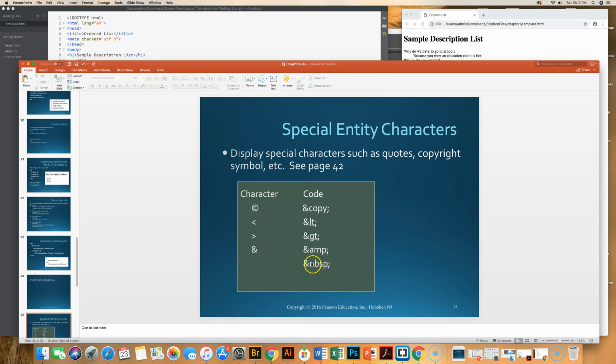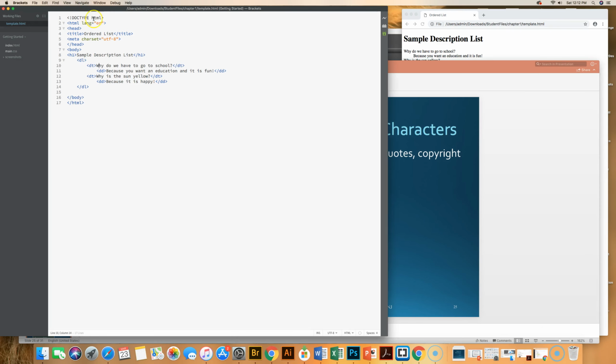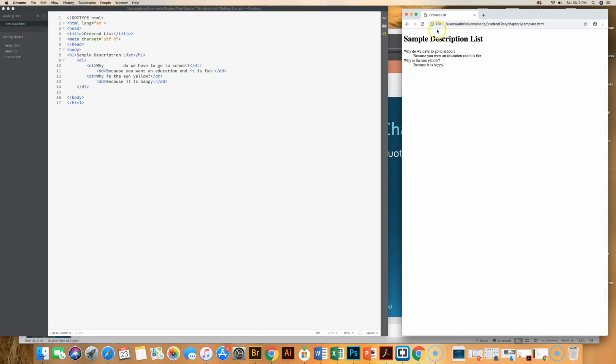So this is a non-breaking space, which means it intentionally puts a blank spot in. And again, I can show you that. Let's say between the word why and do, I wanted a bunch of spaces, and I just hit spacebar, spacebar, spacebar, and I saved it. When I refresh it, I don't have 6 spaces between why and do. In order to get that, if I really wanted that for some crazy reason, I would have to use ampersand, non-breaking space, semicolon, NBSP, which I say out loud so I spelled it right, and I'm going to copy and paste that in a few times